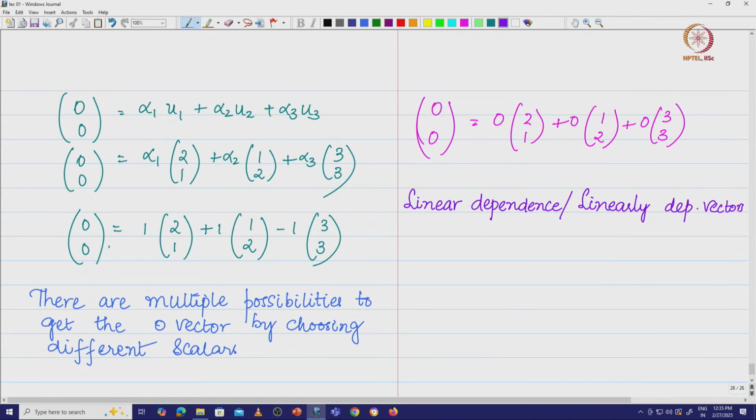When we say linearly dependent vectors, what we are going to say is, suppose we have vectors u1, u2 etc. un